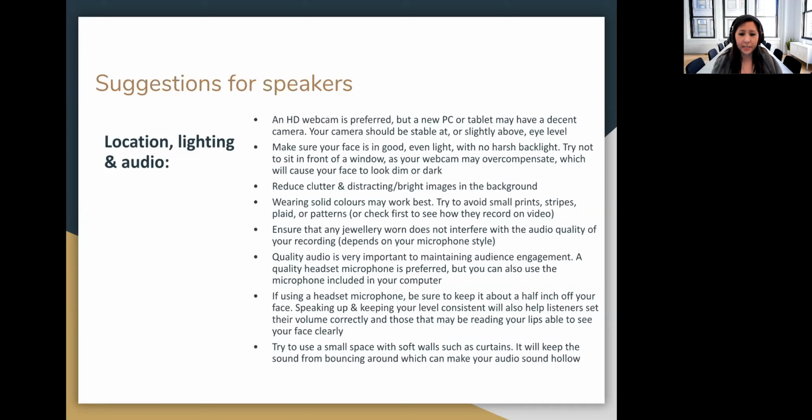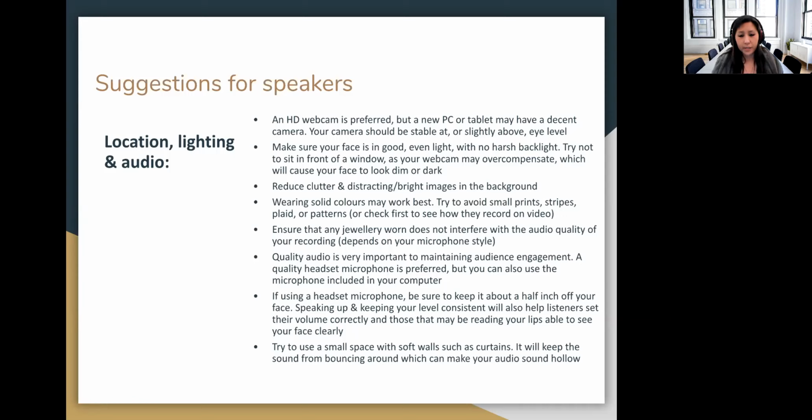So in terms of location, lighting, HD webcams preferred. I discovered that my inbuilt webcam was really not very good. So around the middle of COVID times, I went and bought a webcam, and that's been a really good investment. You should try to keep it at eye level, just so you can maintain this level of eye contact. Good even light. It turns out my camera has an HDR mode. I usually turn it off, but I turned it on now because I'm backlit, because I'm outside, and that actually helped a lot. So I think webcams now are pretty clever, and you can maybe sit just about anywhere, but you just want to check how the lighting's going.